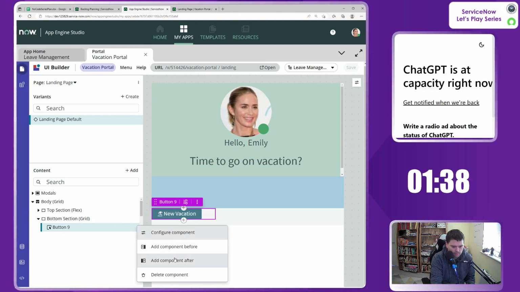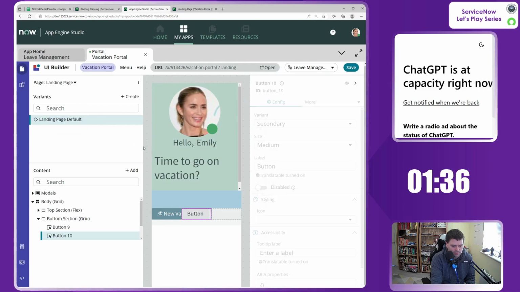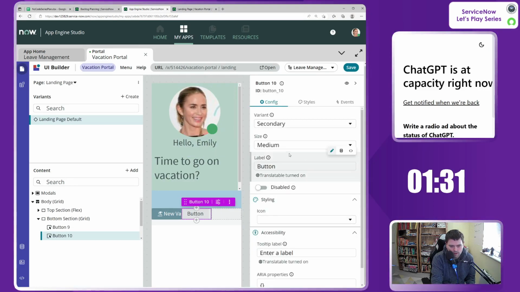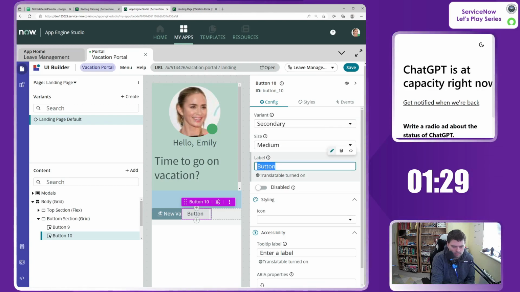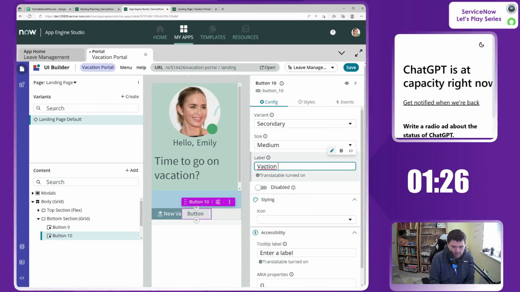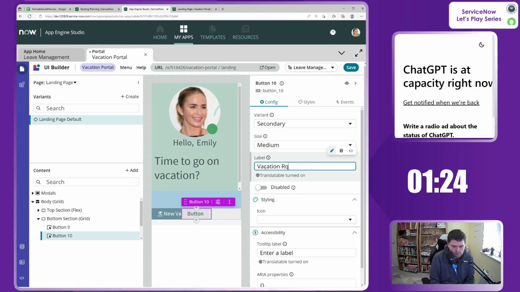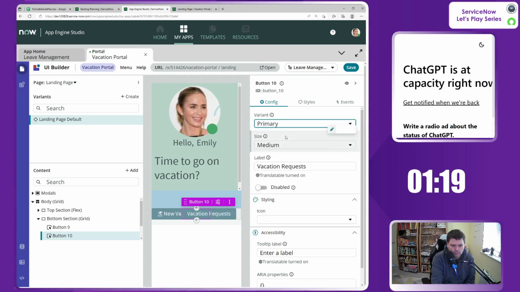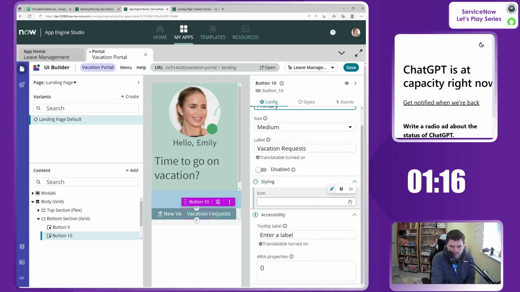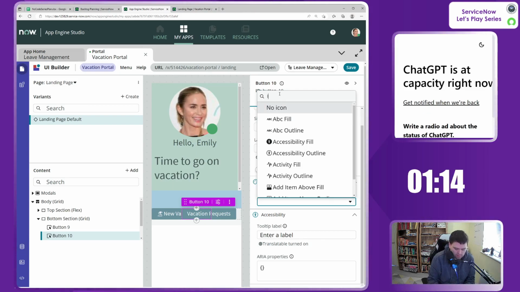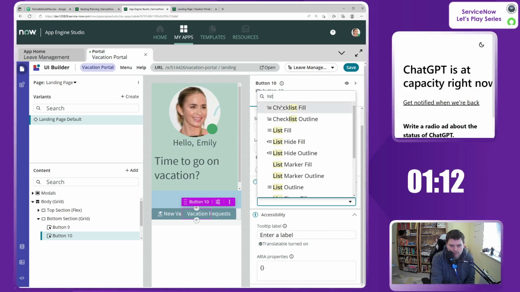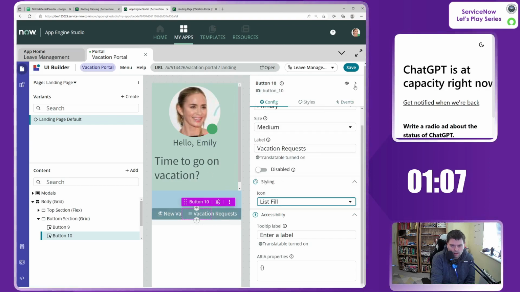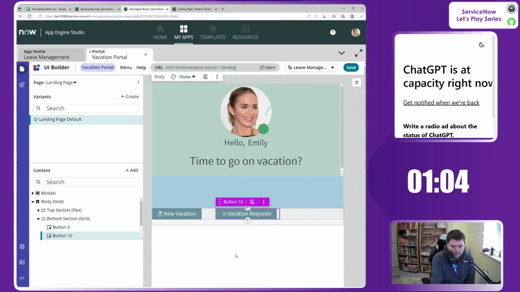So let's add a component after for another button for button. So this would be vacation requests. And we want primary, and let's add an icon. Maybe it's like a list. Do you have like a list? Yeah, that's pretty good. And let's remove that. And then